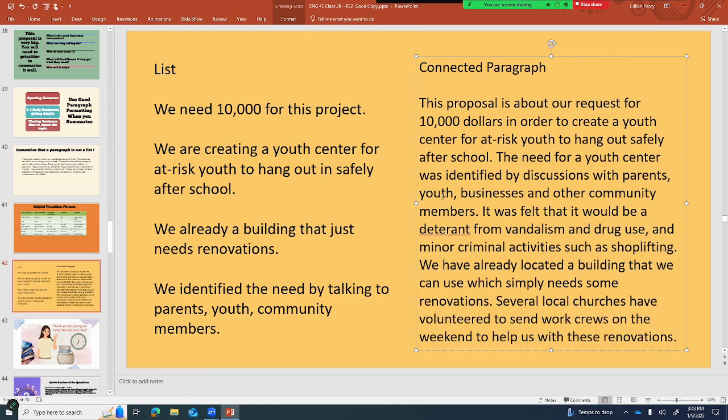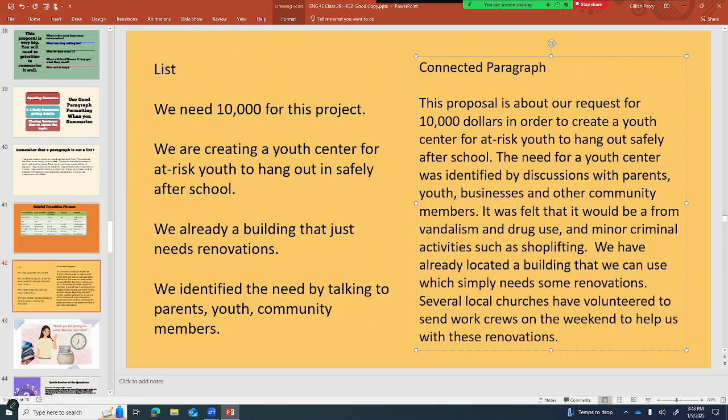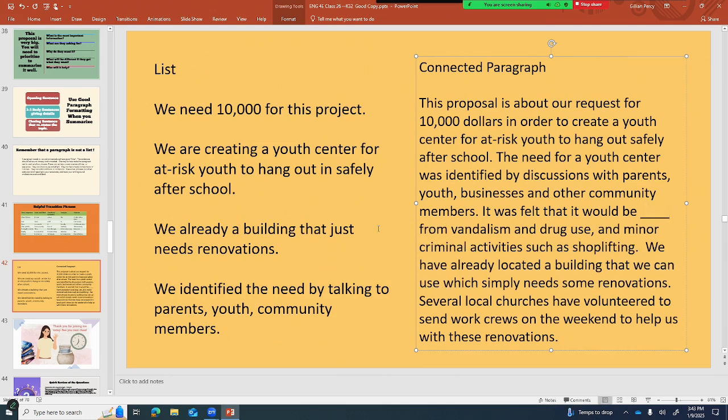So I've already, sorry, deterrent is wrong. I can't think of how to spell it. I'm just going to put a little line there. I'll have to fix that later. So now I haven't got my transitions that I talked about. So I would want to add those. Sometimes as you're going along, it's really easy to see them, but sometimes you kind of add them in later. So in other words, to begin, this proposal, okay.